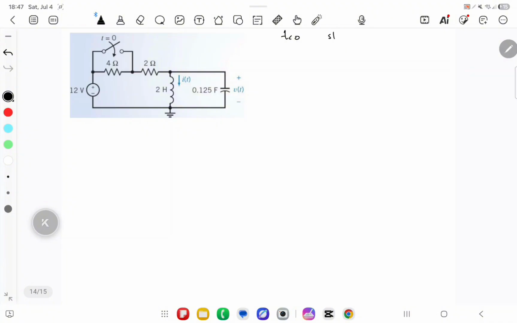It is called steady state. In steady state, our circuit has been in this condition for a long time, long enough for the DC voltage and current to become steady. So it affects how we approximate